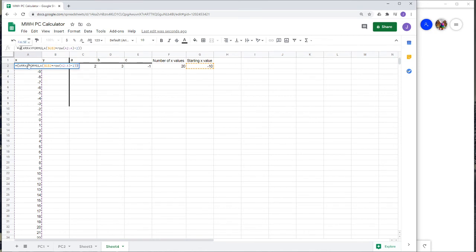And one way we can do this is array constrain. So here we go, array constrain, a way of constraining our array. So what we're going to do is a comma. Alright, now